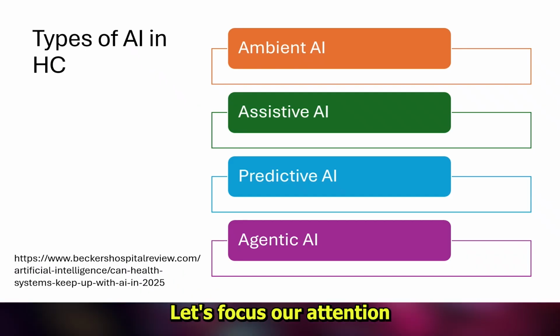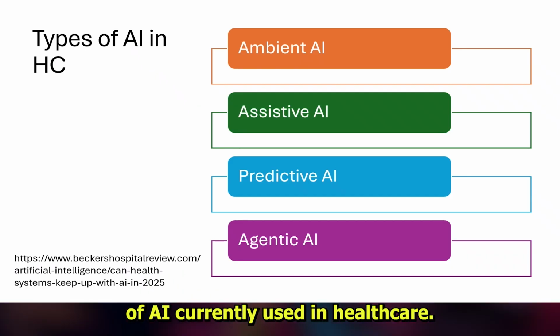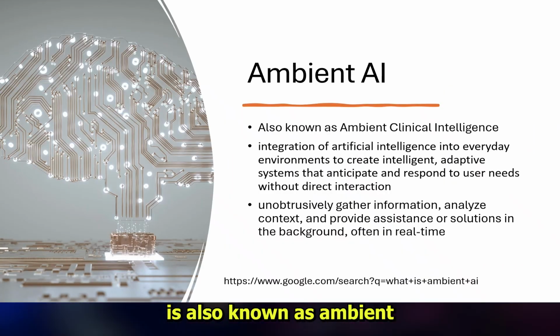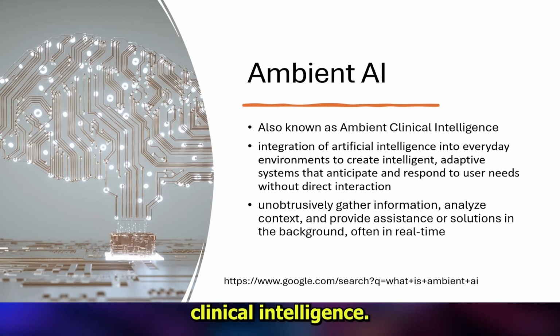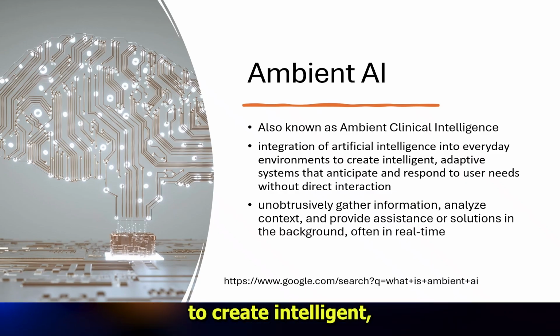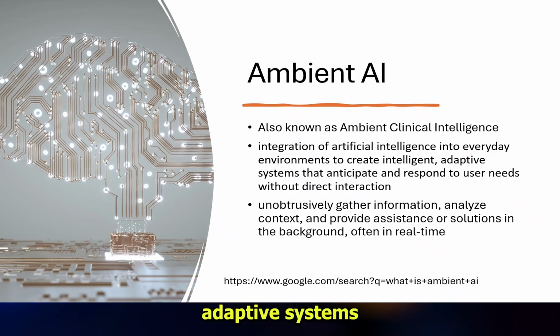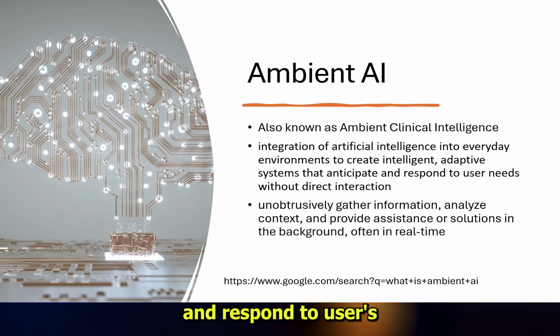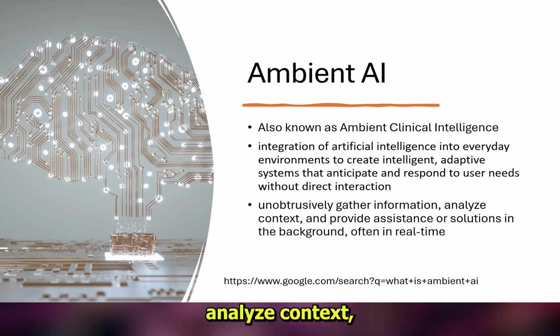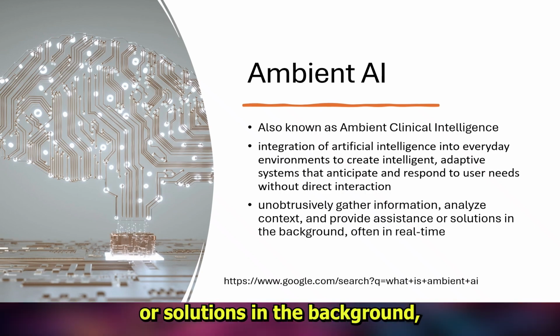Let's focus our attention on the different types of AI currently used in healthcare. There are ambient AI, assistive AI, predictive AI, and agentic AI. Ambient AI is also known as ambient clinical intelligence. It involves the integration of AI into everyday environments to create intelligent, adaptive systems that anticipate and respond to users' needs without direct interaction. Unobtrusively, it can gather information, analyze context, and provide assistance or solutions in the background, often